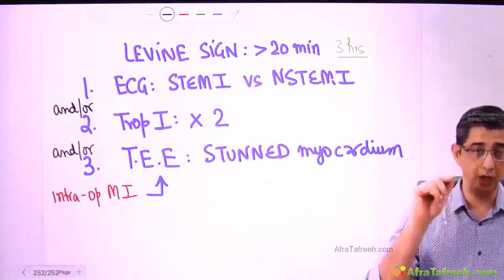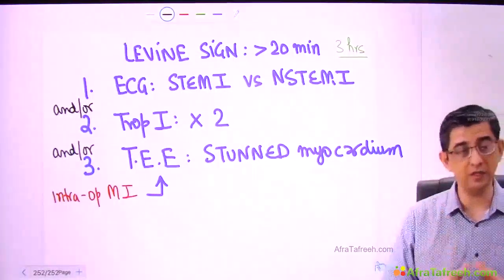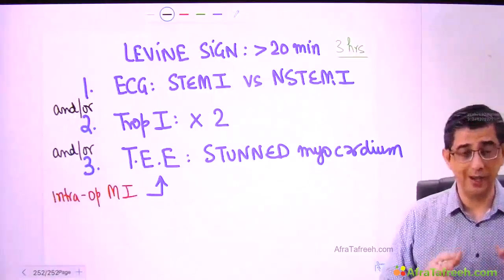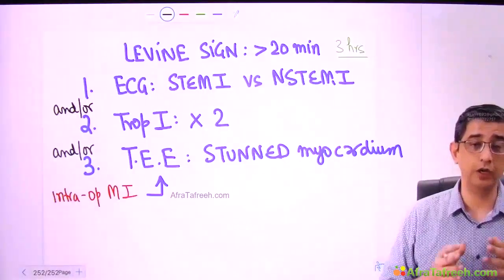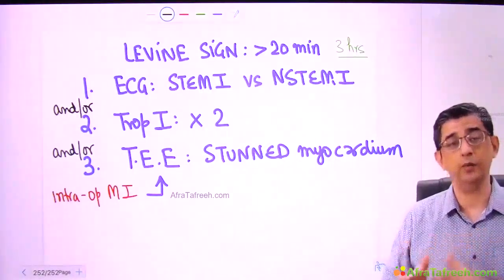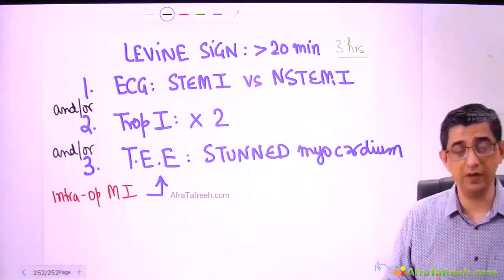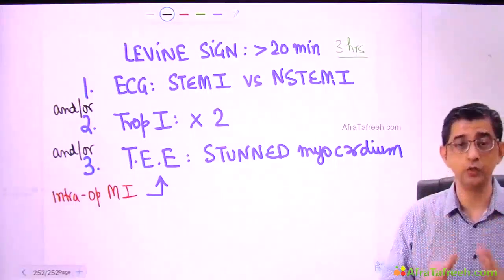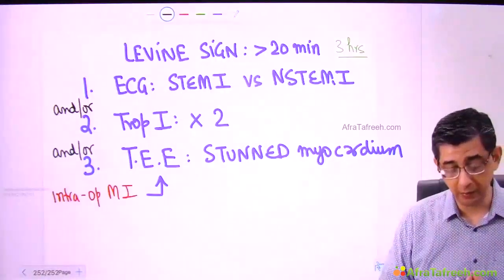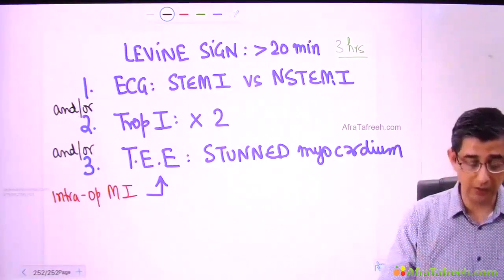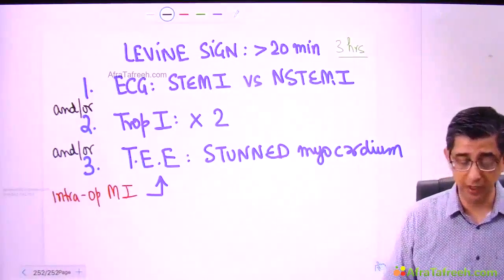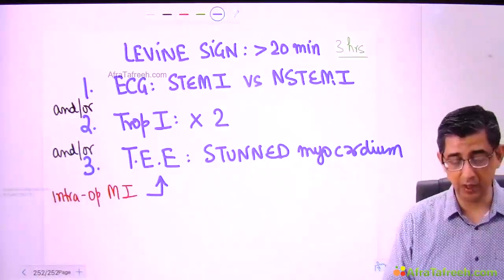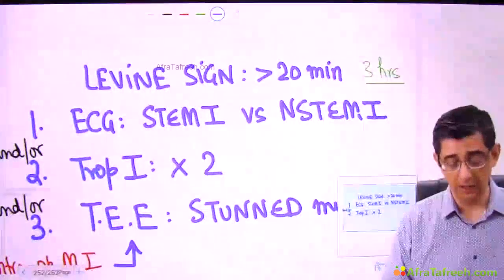If they ask you to select one, then the first answer is always troponin I. I mean, I highlighted that right in the beginning. Elevated cardiac biomarkers, more than the 99th percentile of the upper reference limit of the baseline values, is always a conclusive fact that the person has suffered from MI. But yeah, he can ask you about ECG, he can ask you about troponin, and he can ask you about transesophageal echocardiography as well.